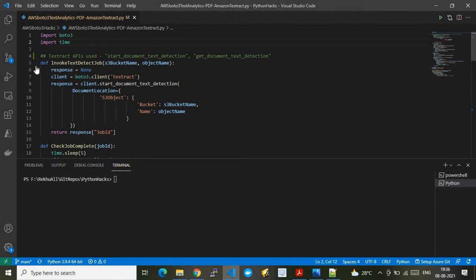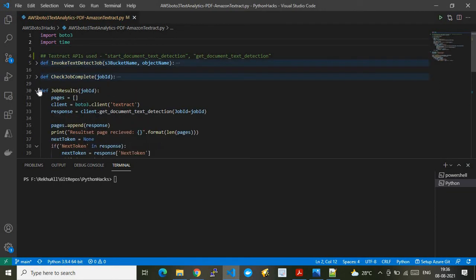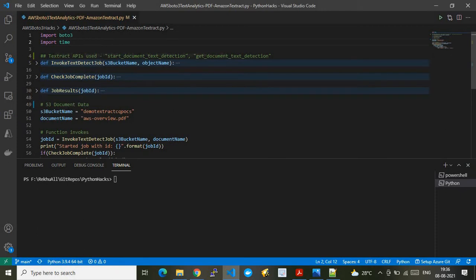Here I have written three functions. The first is invoke textract detect job, which, as the name says, will invoke the Textract APIs. The next one will monitor the state of the operation, and finally the last Python definition will read the result and give it to us.